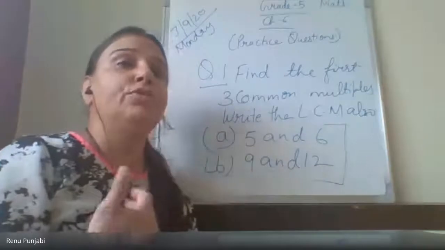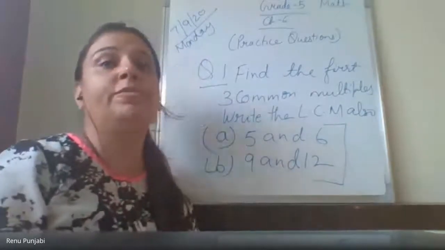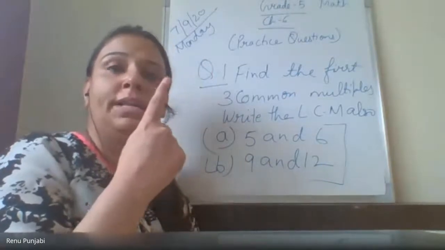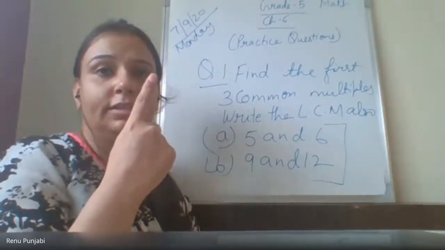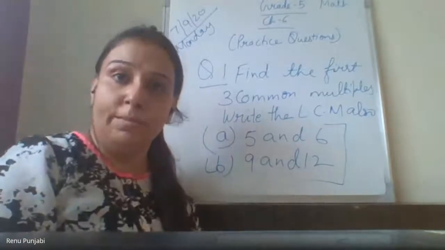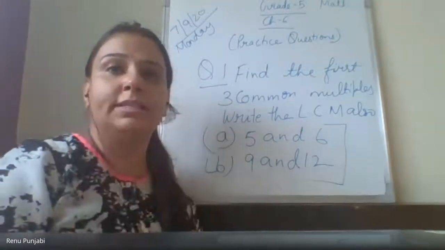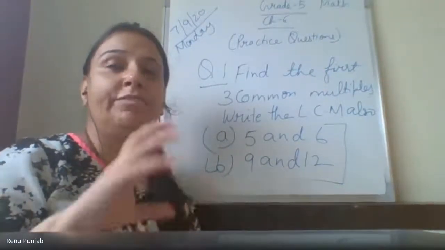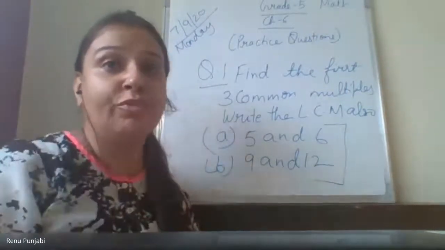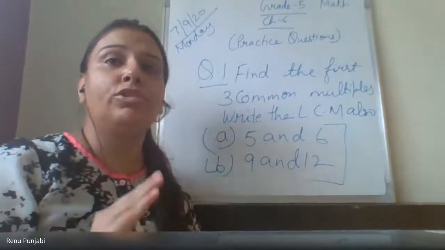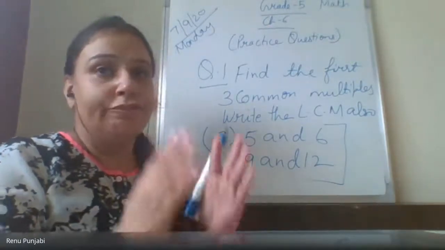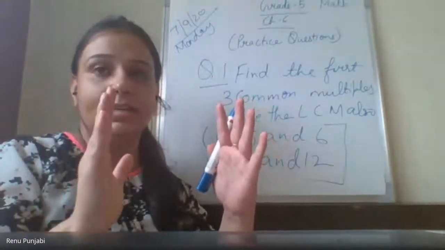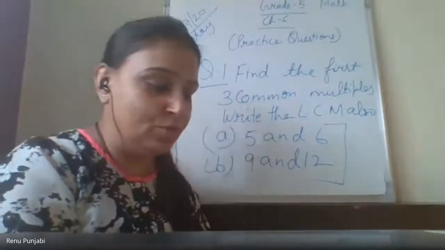First, if you don't find the common multiple, and common will always come with two numbers. Can you find a common multiple with one number? Is anything common in you? If I take only Mannat, until I compare you with Aryan, will I be able to find the common things? No. So for finding the common, we should have two things. We should have two things here also.